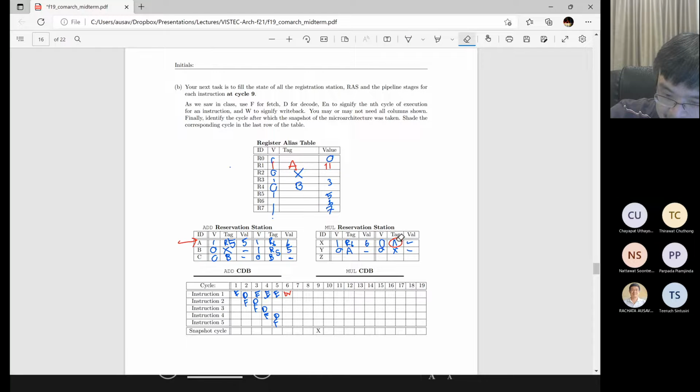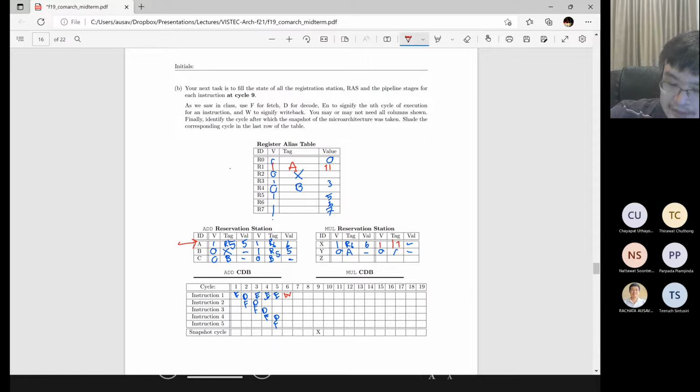Over here, I said I need A, right? So I can put in 11 right here. And the valid bit. So you can start to execute the second instruction, right? And then you can decode here, right? And then you can execute. And at cycle 9, nothing else happened. So what you will see, right? What you will see is that